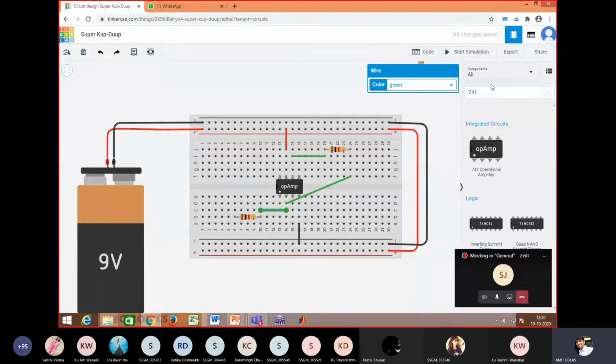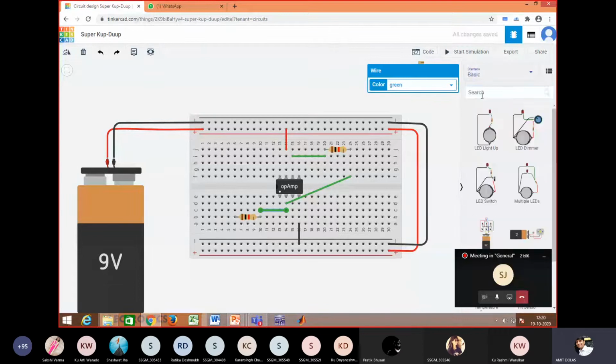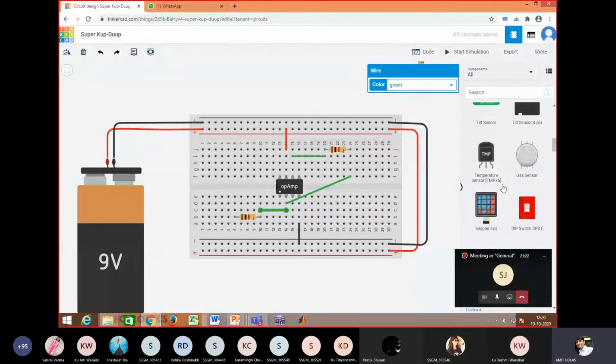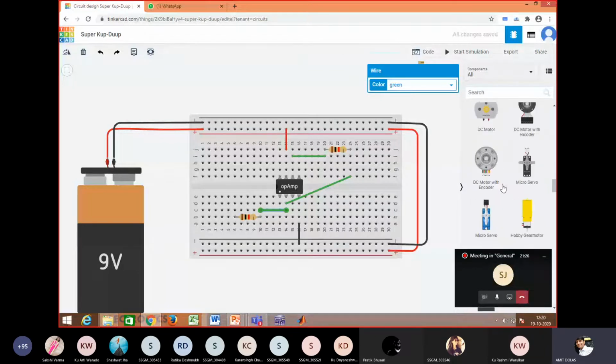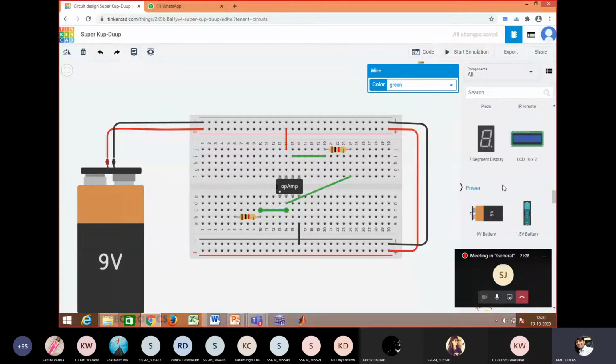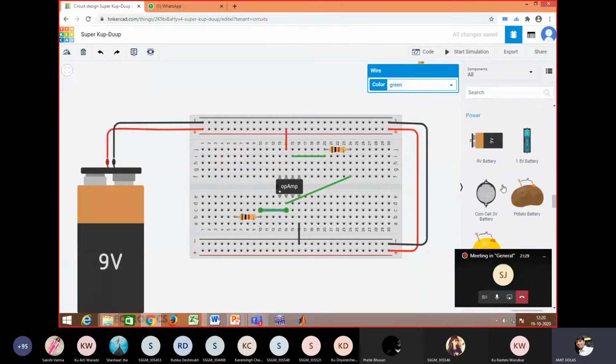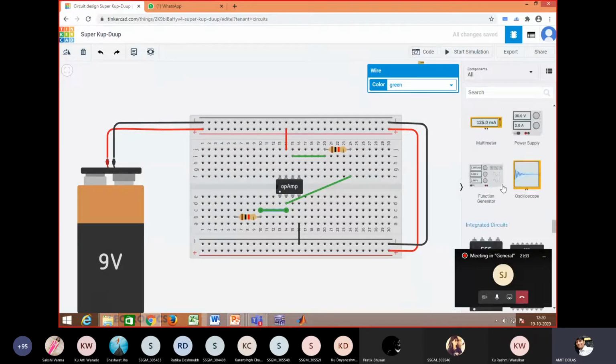And what I need is a voltage to connect to it. So I'll write here voltage. Let's see, go to all. You can scroll it. Several things are there, like the temperature sensor. So you can see here